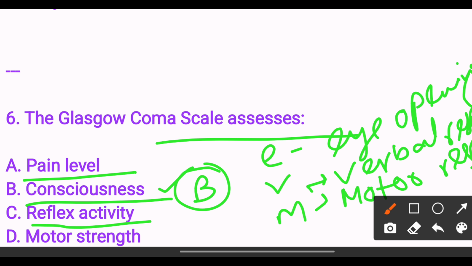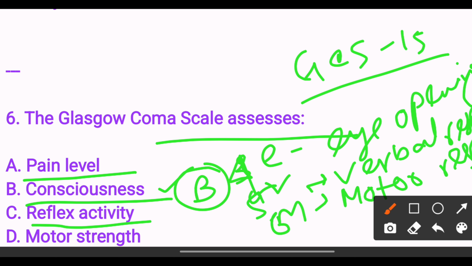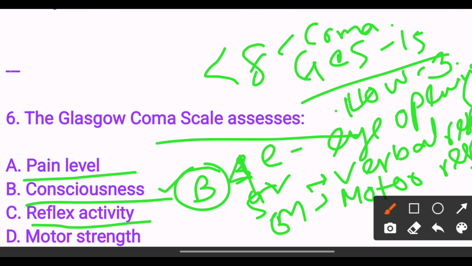The numbering is 4, 5 and 6. The total Glasgow Coma Scale score is 15, and the lowest is 3. If a patient's score is less than 8, it indicates a deep coma. Next,